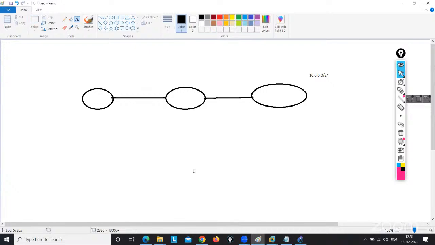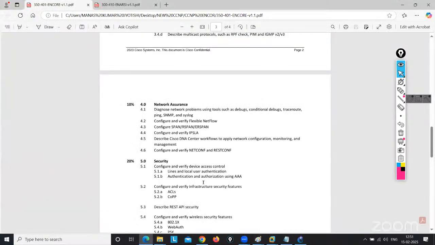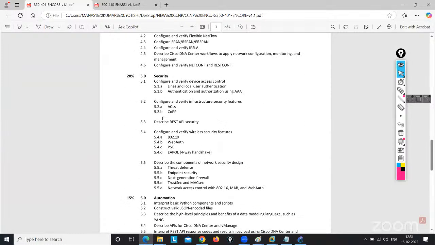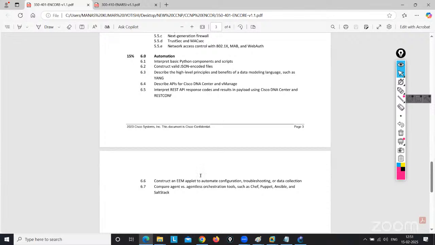If anyone is using HSRP, this IP SLA is configured. Okay, it's mandatory. These things I will let you know. IP SLA will be covered twice in HSRP also, and we have specific IP SLA parts here. Jitter I will configure here. And the NETCONF, RESTCONF part I will not cover here, because it is in the automation.